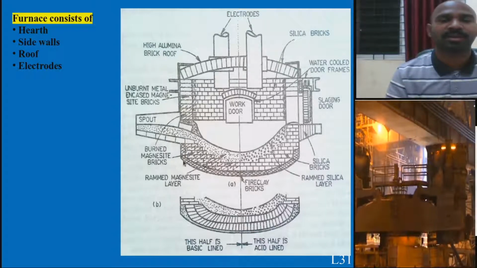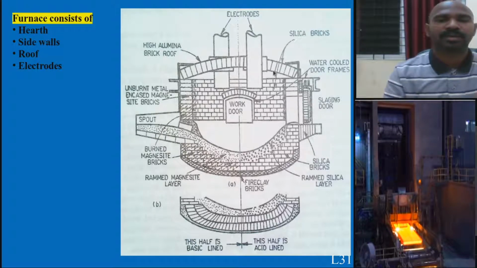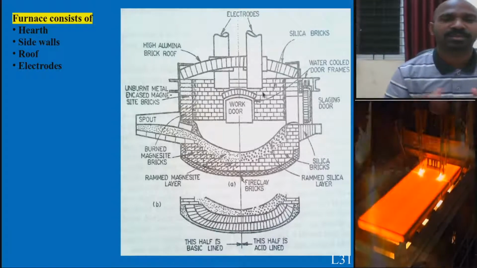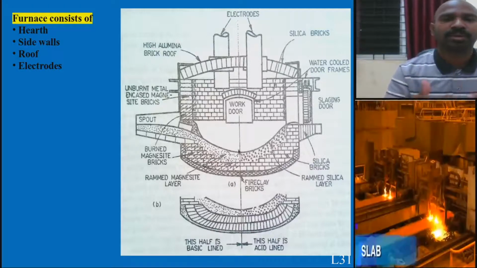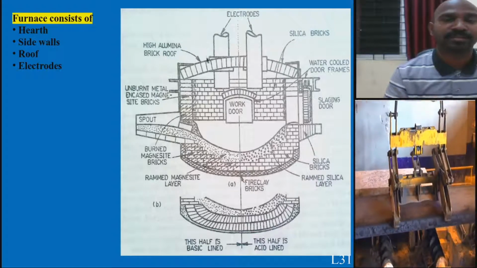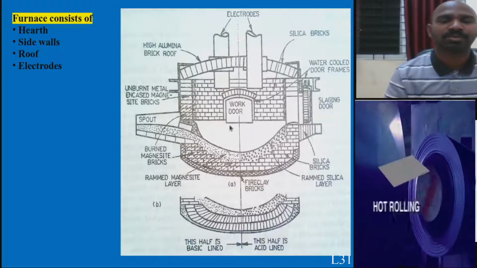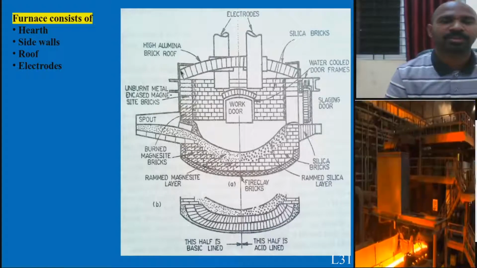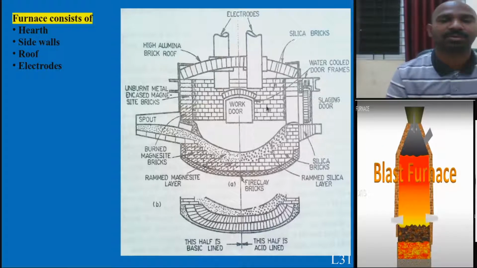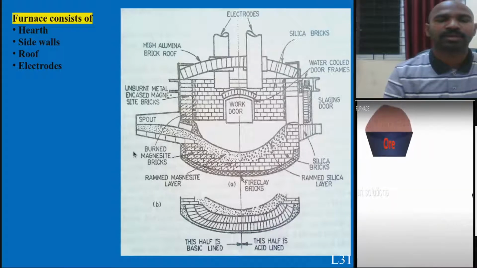Refractory lining also: for producing alloy steels, half of the refractory lining can be acidic and half basic. That is also possible, and it is adjustable for various environments. That is why most private industries prefer to use the electric arc furnace instead of the blast furnace and LD converter process. They use the electric arc furnace and produce sponge iron. That is the usual practice in many industries.